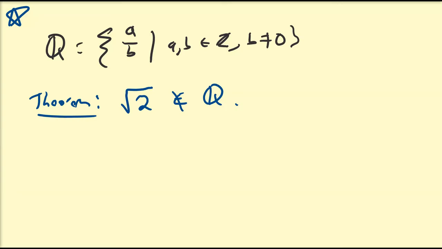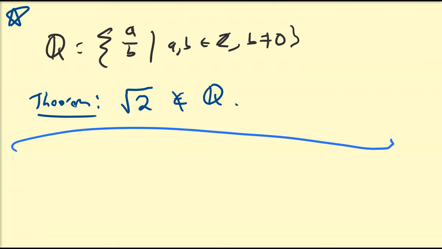Alright, so before we actually get into the proof of this theorem, I just want to illustrate just a couple little tools that we're going to use throughout this proof. So the first little theorem, or some people call these lemmas: for all rational numbers,